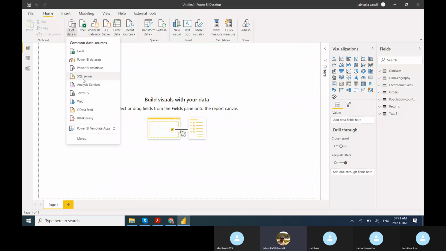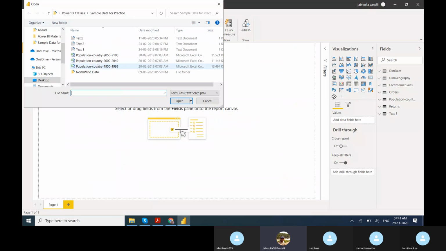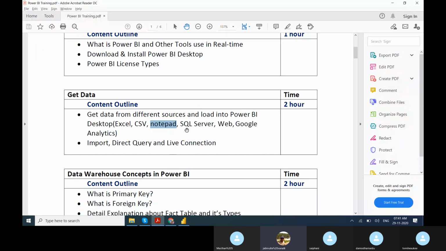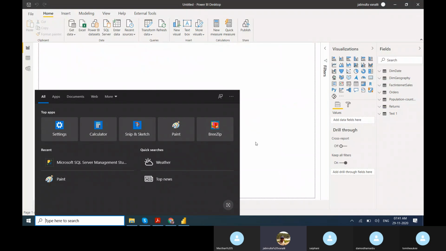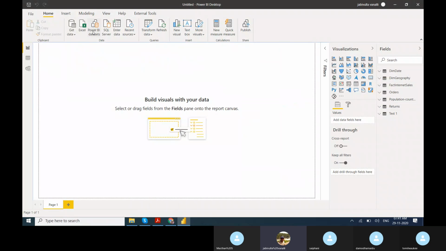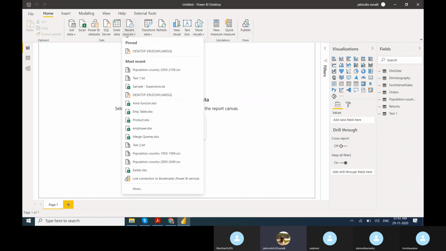Notepad text file is nothing but Notepad, so I already showed Notepad files. Now SQL Server. How to get data from the SQL Server? Okay, so I already showed. We need to copy the server name and keep it. So here there are two things, right? Already shown, right? So this is my server name,